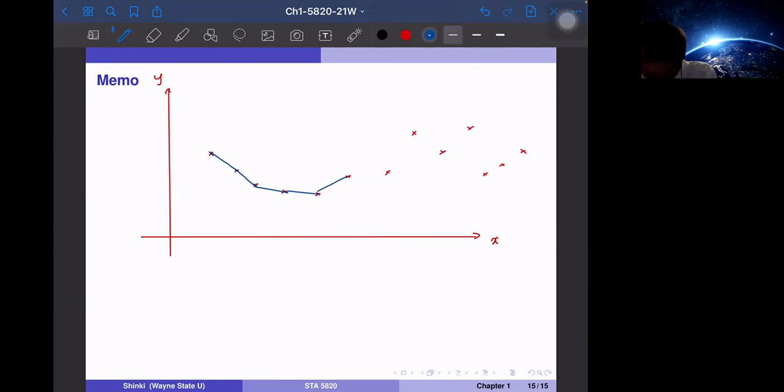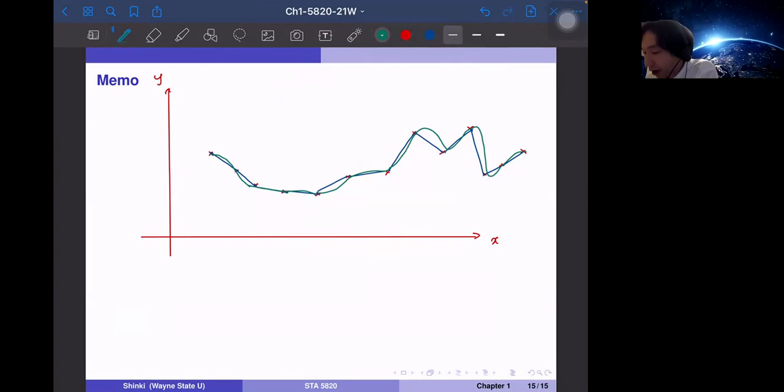Then of course you can make a graph y equals f of x. So this is the piecewise linear function. But this is really ad hoc, and you probably don't really think that this is true. So one way is, okay, this is piecewise linear, but suppose a piecewise cubic function and see what happens. Then the graph is probably a little smoother, and probably it becomes a little more plausible.